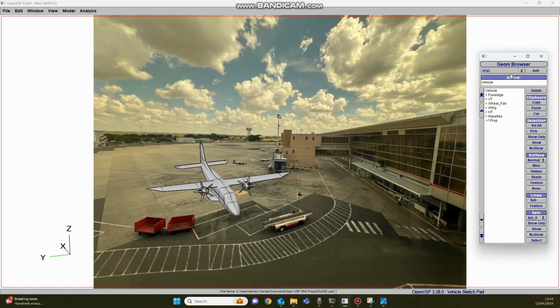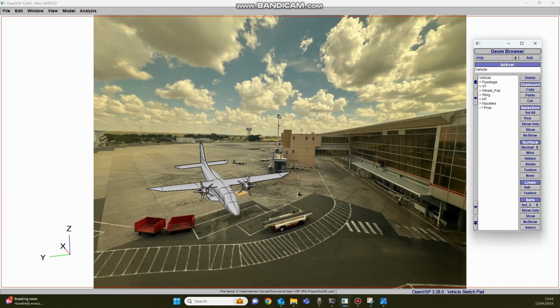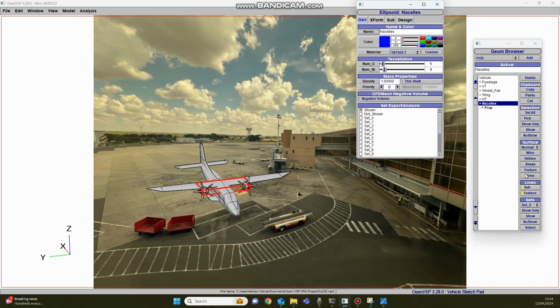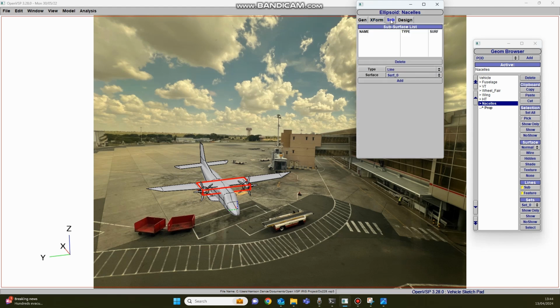Just got to open VSP back up here. You can also play around possibly with the lines that we've got here, if you want to make it more realistic. You can change textures and stuff like that, and play around with shading. There may be a way, I can't remember, to take off these lines as well. I think if you